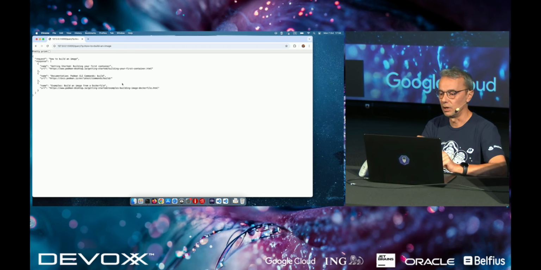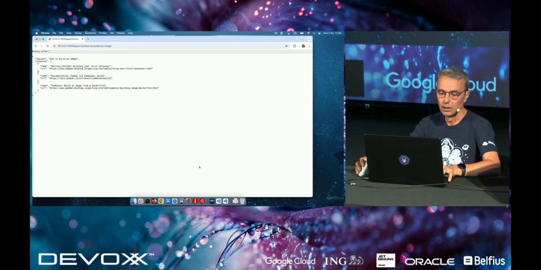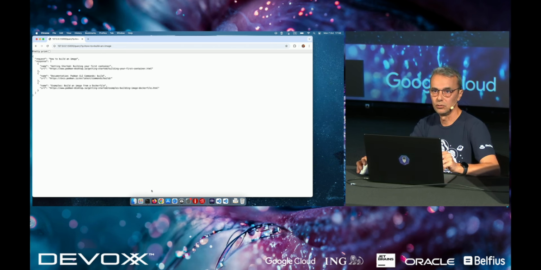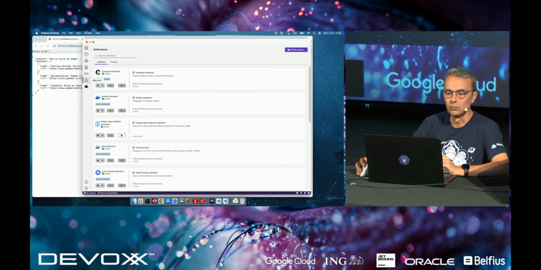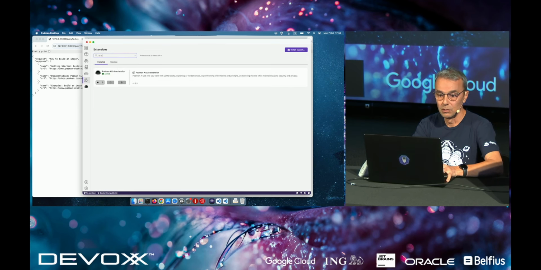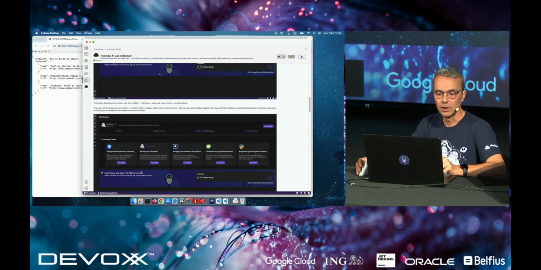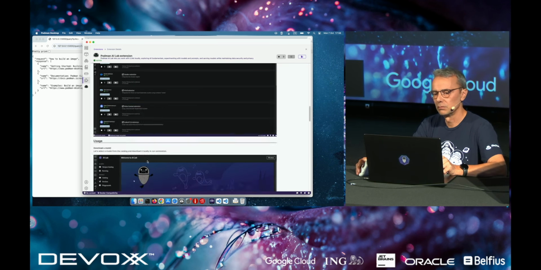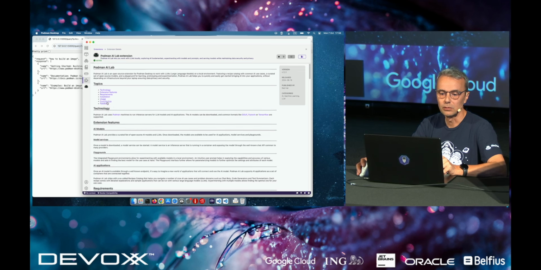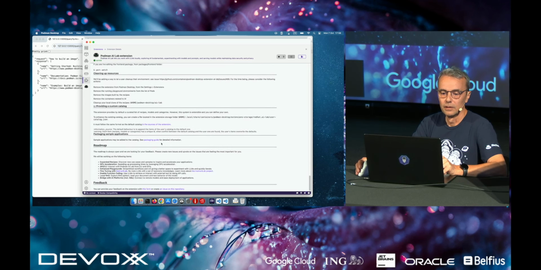So now I want to share this project with all the team. And so I may want to add this recipe to the catalog of recipes in AI Lab. And so it is not that difficult. So we will see the documentation of AI Lab. There is a contributing part, and in the part providing a custom catalog,